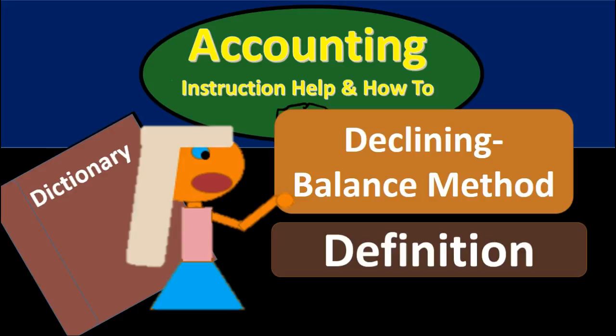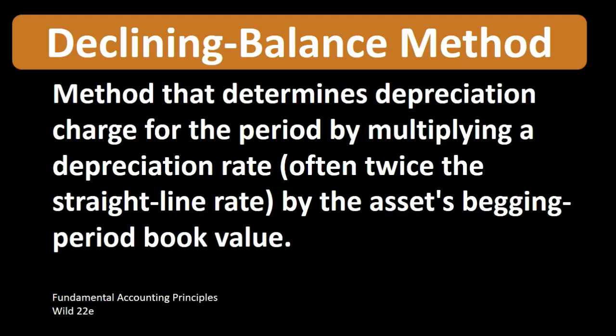Hello, in this lecture we will define declining balance method. According to Fundamental Accounting Principles, Wild 22nd edition, the definition of declining balance method is a method that determines depreciation charge for the period by multiplying a depreciation rate, often twice the straight line rate, by the asset's beginning period book